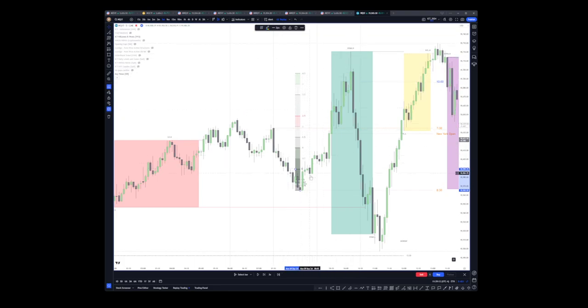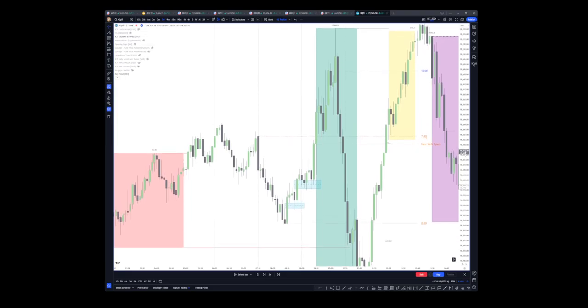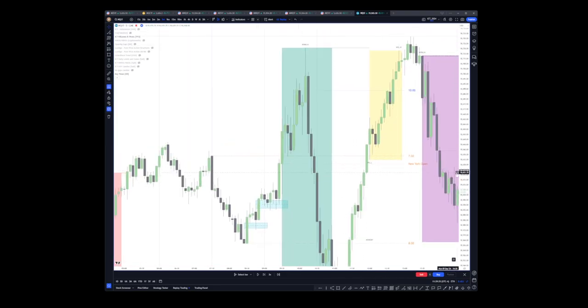Almost. It went a little higher than that. Okay. Again, same thing. Fair value gap here. Fair value gap here. Similar. It looks so similar. See, here